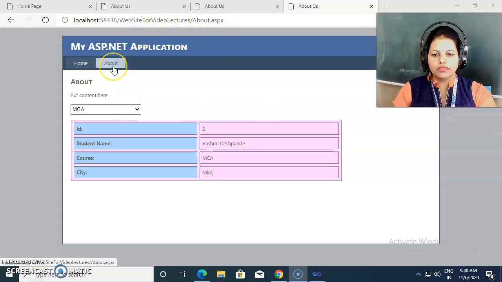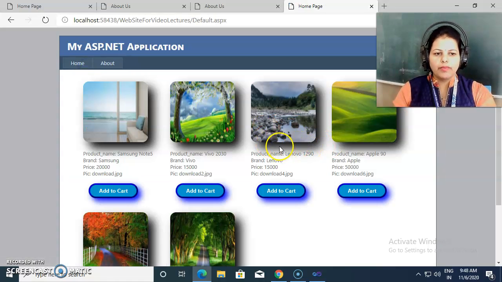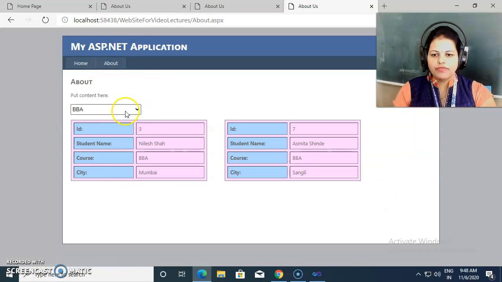You may do the same functionality for products also. You may put brand information inside the drop down list, and according to the selection of brand, that product list will come in front of you. So the same logic you can apply for this page as well. So this is about search. If you put the student name inside the drop down list, then only one record